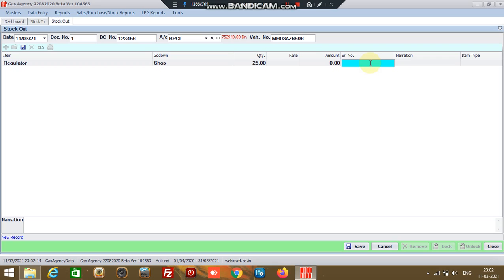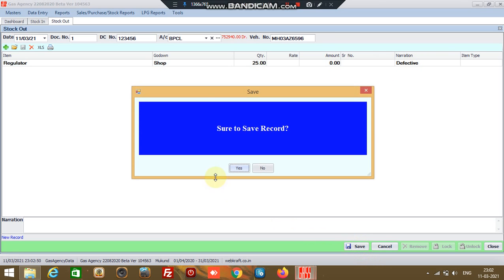Now herein, as the serial numbers are not in series and they are random, if you want to note down the serial numbers, you can note down the serial numbers of these 25 regulators one by one on each line, or you can opt not to enter the serial number, and in narration you can state defective and save